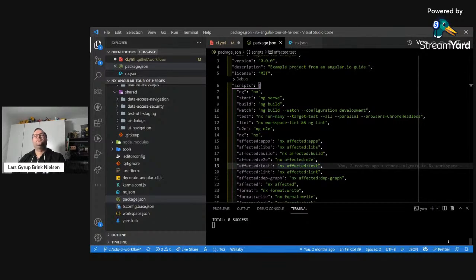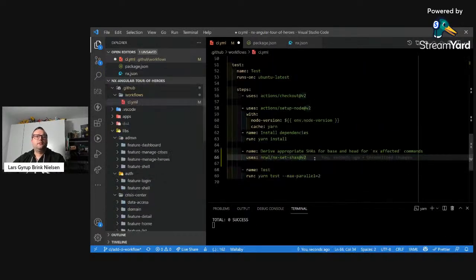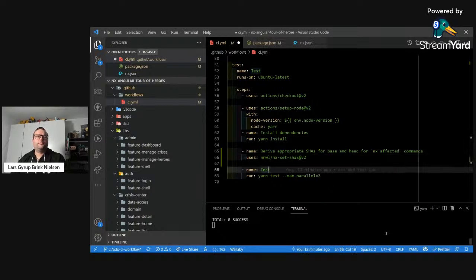We want the affected test. So test, we also want parallel. Parallel is not working well, but we want browsers, Chrome headless. Okay, so merge will be,